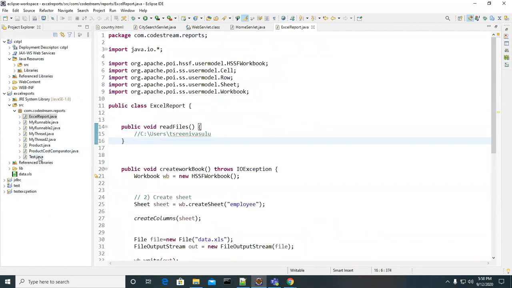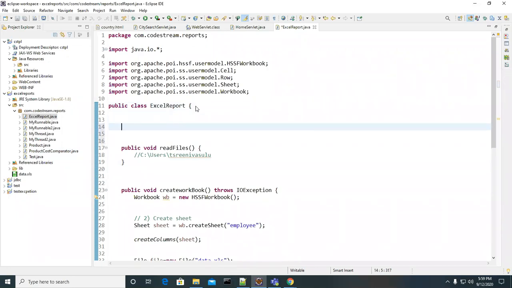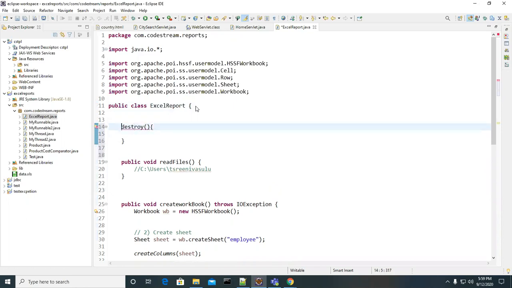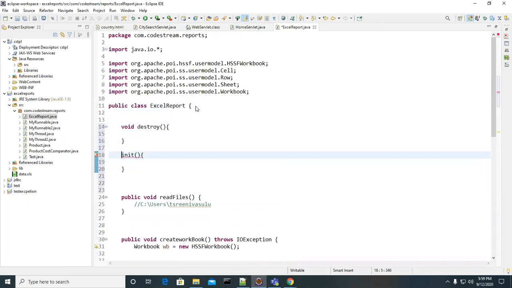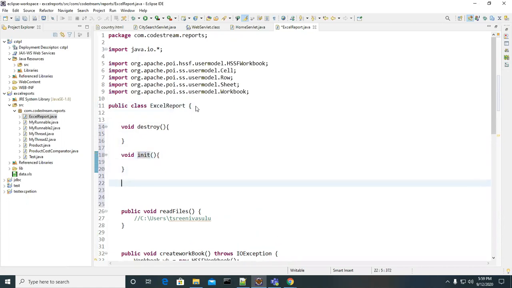A servlet program must and should have 5 methods, sir. What are the 5 methods? Destroy. Next method? Init method, service method.